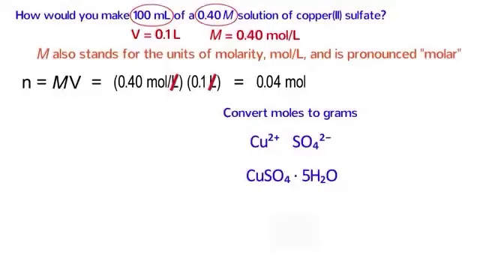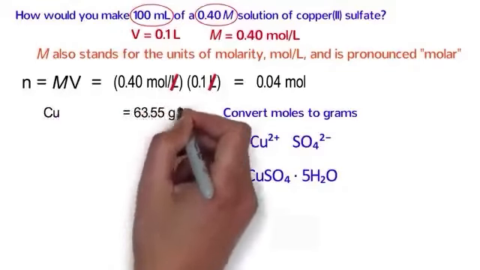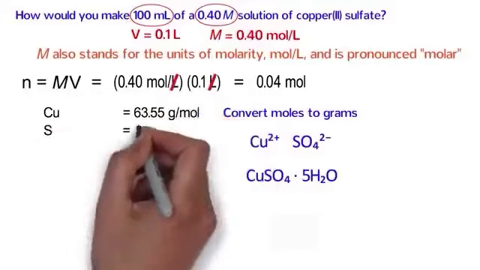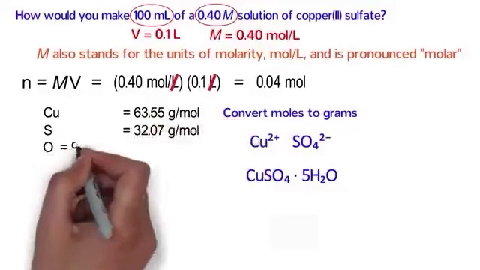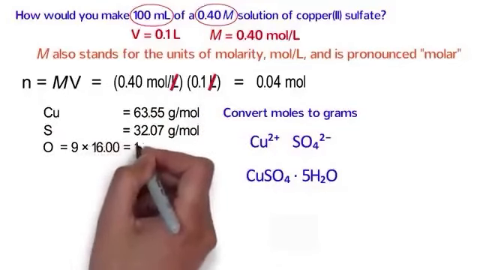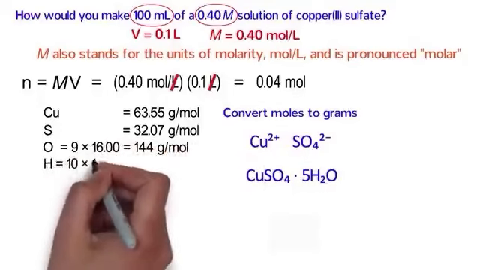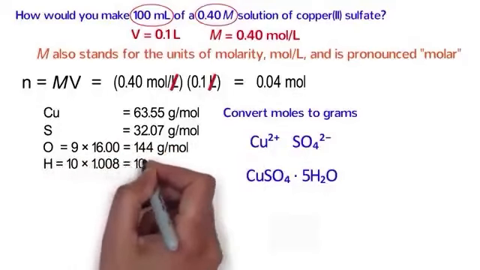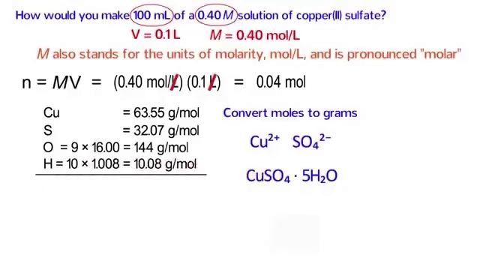Computing, we get 64 plus 32 plus 64 plus 90, which gives 249.7 if you use the actual values: copper 63.55, sulfur 32.07. So you get a formula mass of 249.7. Now remember, number of moles will equal mass